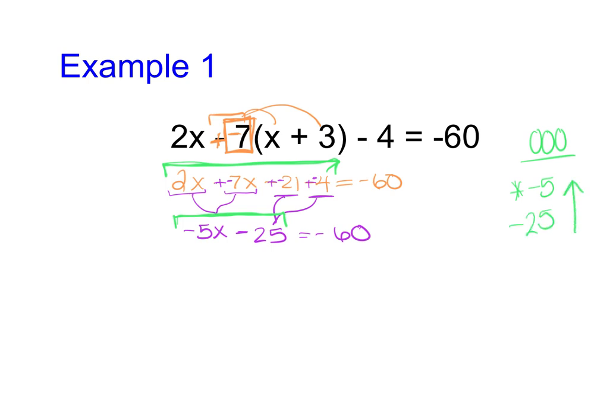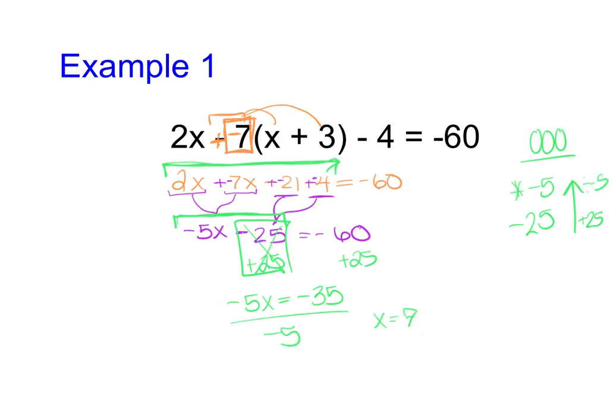So notice negative 25 and negative 60 can't be combined together because they're on opposite sides of the equation. But you can add 25 to each side. And in doing so, notice how it's a negative 25 and we're undoing it by adding 25. The negative 25 on the left, by adding 25 to it, becomes 0. And on the right-hand side, this becomes a negative 35. Then from here, so we did the adding step, now we can divide by negative 5, and we find x